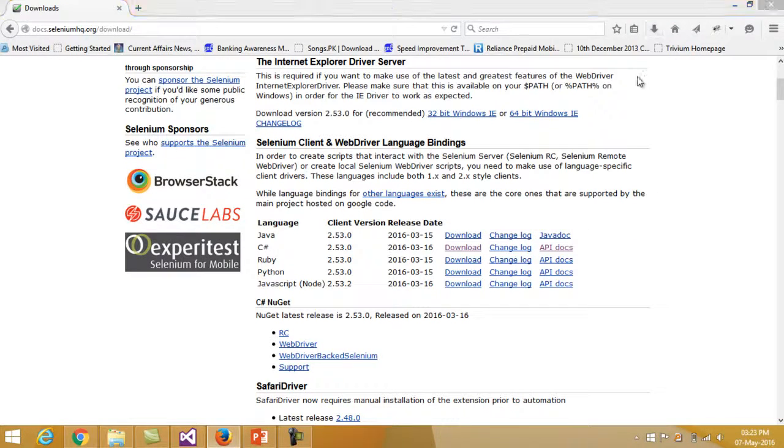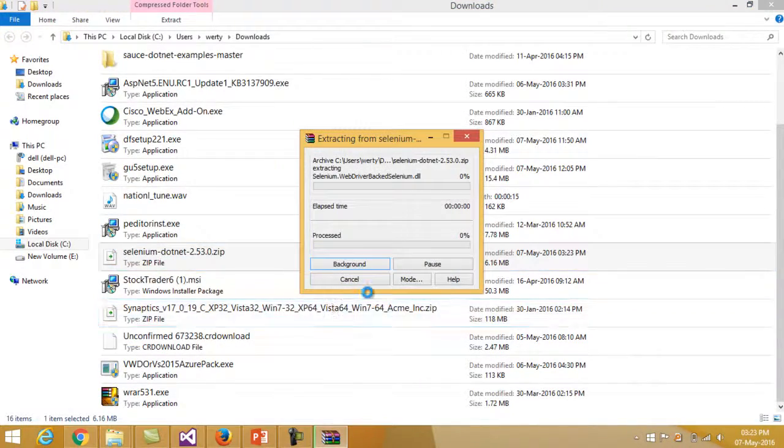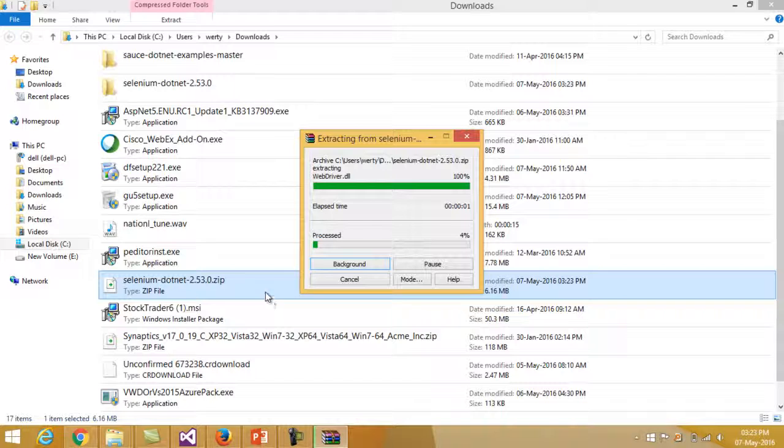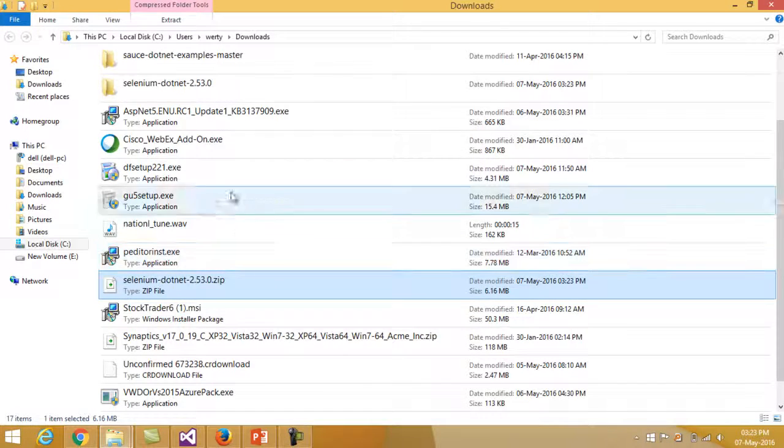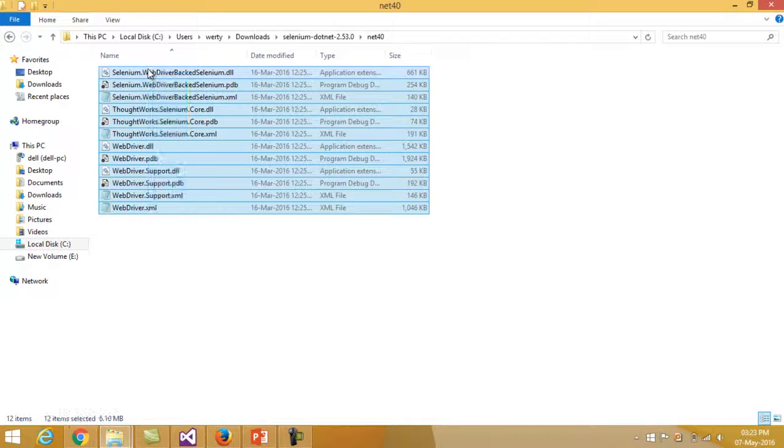Okay, so we just go to this folder and we can just extract it. So here you go. So these are the DLLs that you need to include in your project in order to configure the Selenium.